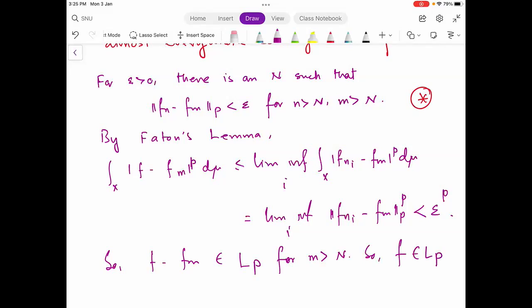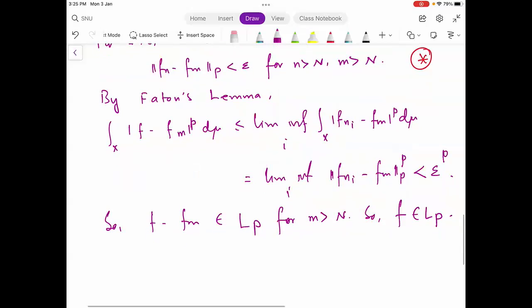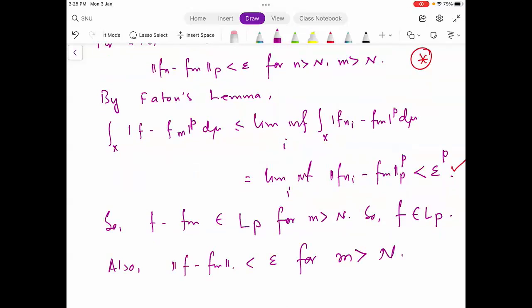So f is in LP. All right. So first of all, we have gotten that f is in LP. Also, this inequality where I have put the red tick tells me that norm f minus fm is less than epsilon for m greater than N, and we are done. That is the completion of the proof. We have found the limit. So fm converges to f